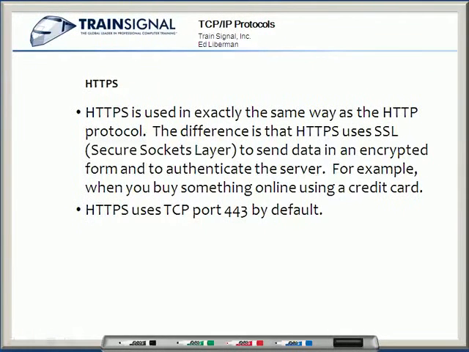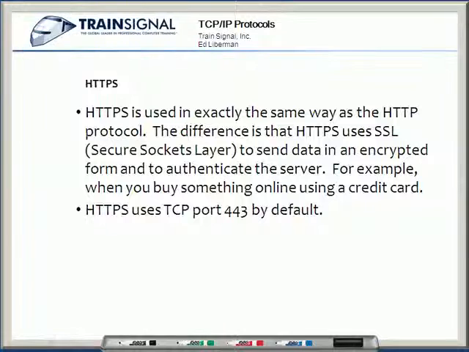One, we get to authenticate the server, which means you get to verify, as a client, what server it is that you are communicating with. That way, you're not just on some web page that says, okay, you want to buy this product, give me your credit card, and you may not realize, but you now are on somebody else's web page. So now you are actually authenticating the web server, but also to encrypt the actual data as it transmits across